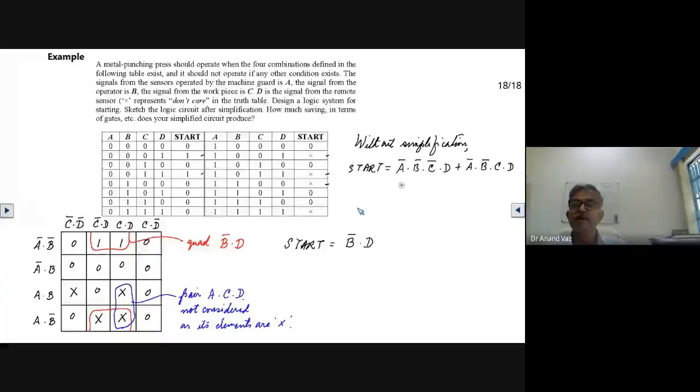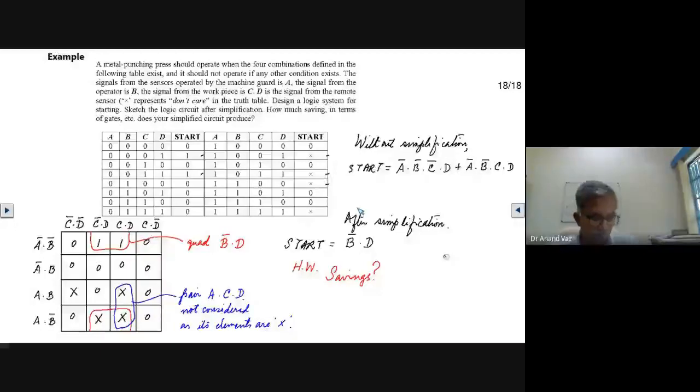Okay. The simplification of this is, I'm sure that now you can determine what are the savings. Okay. So you can understand now if you try to implement this circuit and try to implement this circuit, you will be able to understand. I want all of you to document the savings, okay? Work out the savings.